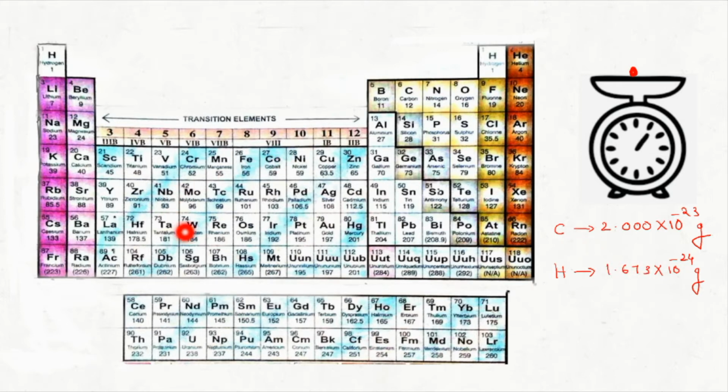Like this, how many elements are known? 118 elements are known. Remembering the mass of each and every atom in gram, it is difficult. Always this quantity into 10 raised to minus 24 or 10 raised to minus 23 will be associated with that value. That will make your calculations highly difficult, right? So that's the reason instead of gram, people started thinking about a new system of unit that is nothing but atomic mass unit. Got it?